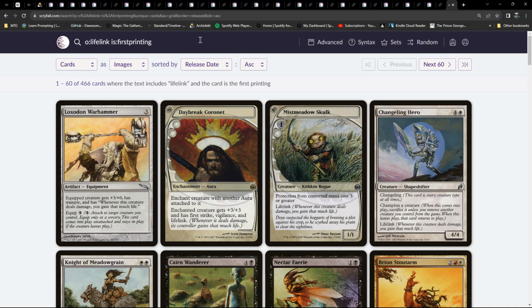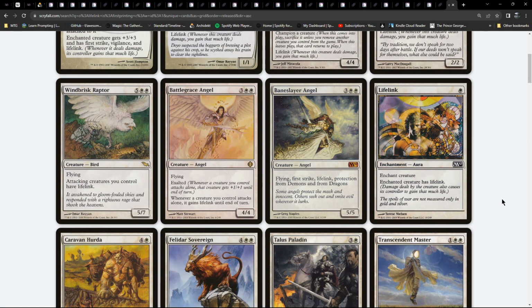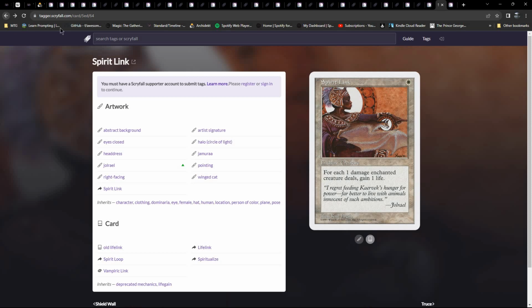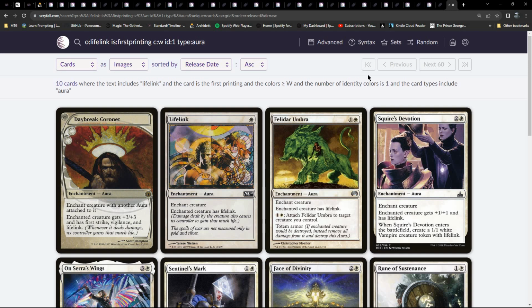If you're just curious about white, there, so we'll do that. You can see it's also going to be on enchantments, which is what we were looking at. And if I just go back to Spirit Link and ask it to just look at auras that do it. So we've got 10 auras